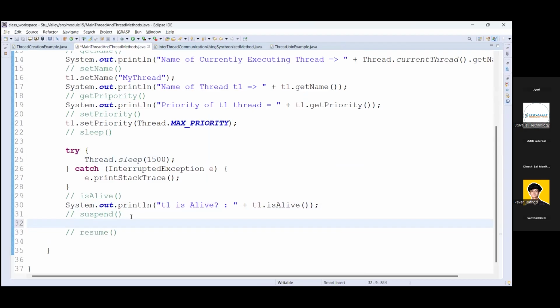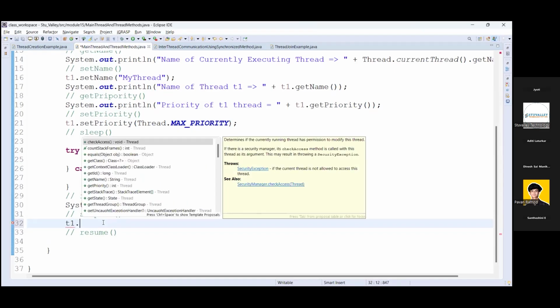Then the suspend and resume methods. If you suspend any thread, you can resume it using the resume method. But the suspend method is basically deprecated. Still, I will show you how to use it.